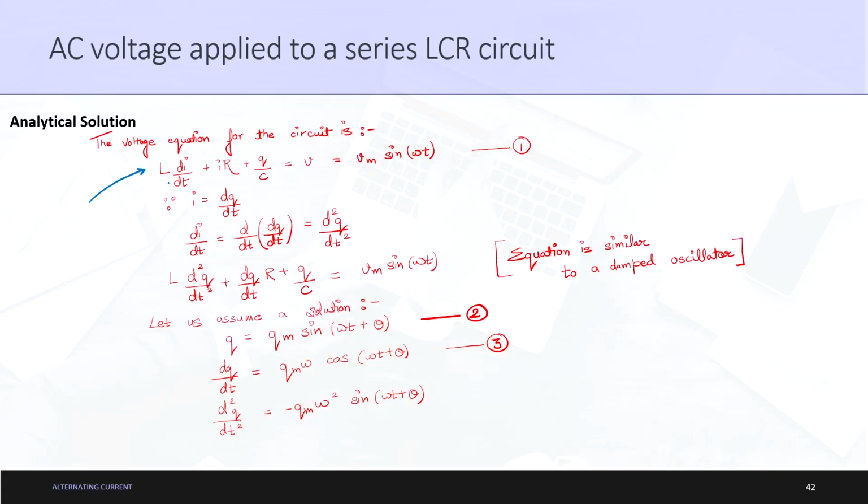So, basically L di by dt plus IR plus Q by C is equal to small v. We know that I is equal to dq by dt. So, using I is equal to dq by dt and di by dt is equal to d²q by dt², just substituting both these things into the equation again, we will obtain this equation, correct, that is L d²q by dt² plus dq by dt into R plus q by C is equal to Vm sin omega t,